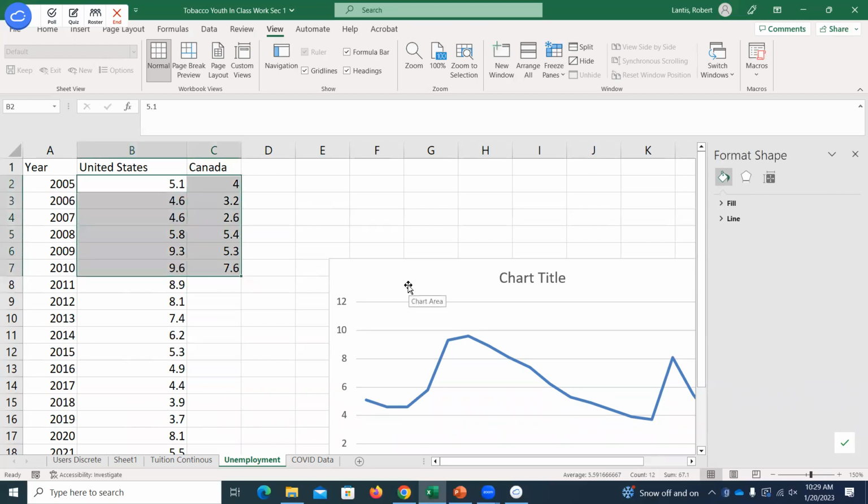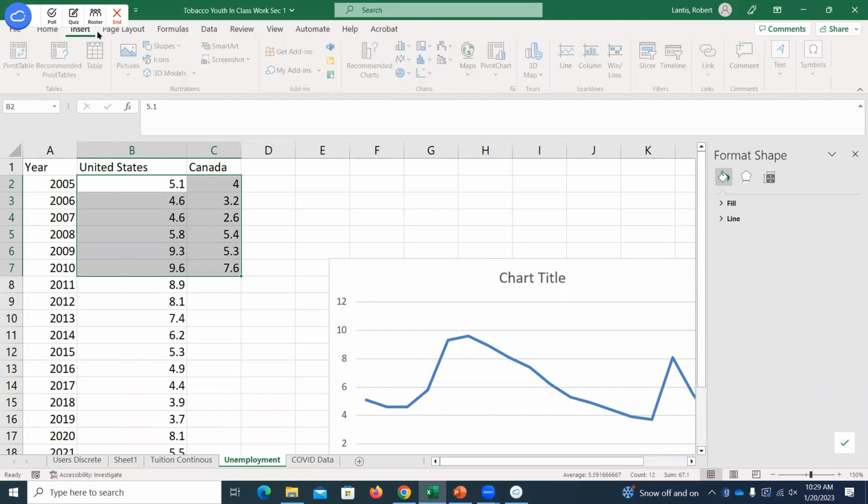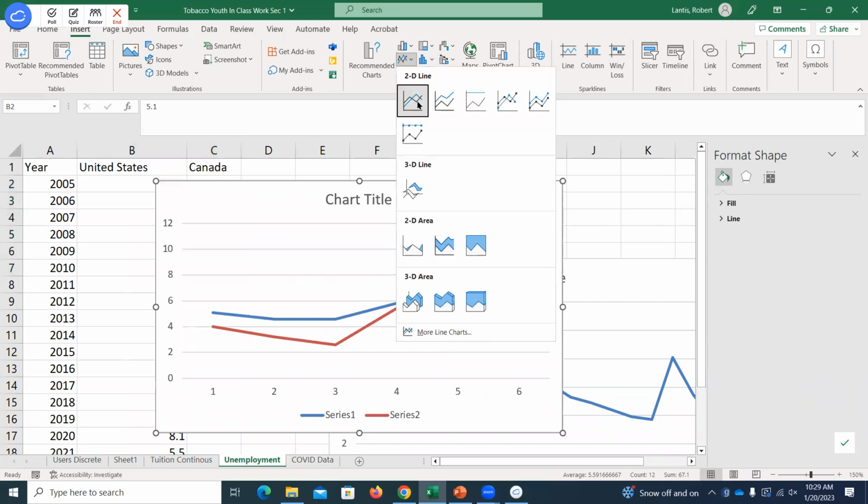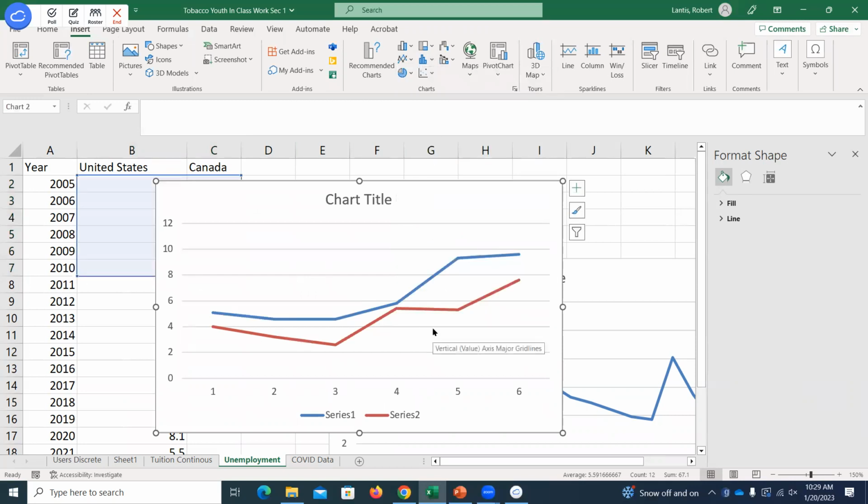So if I had two variables and I want to create a time series graph for both the unemployment rate in the United States, but also the unemployment rate in Canada, all I would do is select both of those countries, insert my line graph, and I now get both of those on the same graph. All right. Now, probably helpful here that I didn't do is notice it tries to put in a legend that says series 1 and series 2. Well, what does that mean, right?